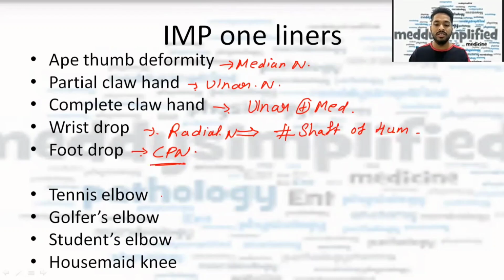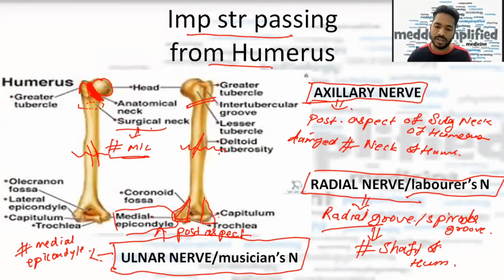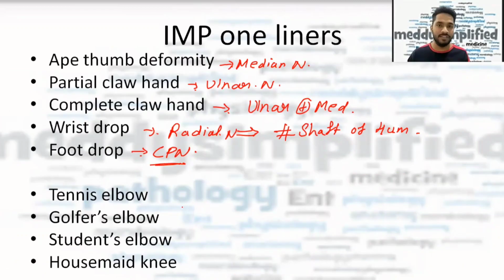Now talking about the epicondylitis. Right? I told you to focus on medial epicondyle, but remember that there is also a lateral epicondyle, which gets swollen or injured if it is kept under regular stress. And similarly, if the medial epicondyle is kept under regular stress, it will get swollen. So this is called epicondylitis. Those epicondylitis have been given different names. So tennis elbow is another name for lateral epicondylitis. Similarly, golfer's elbow is a name for medial epicondylitis.